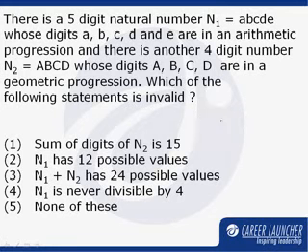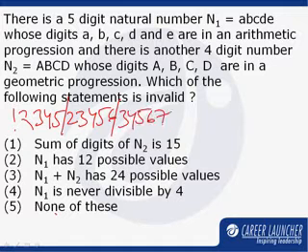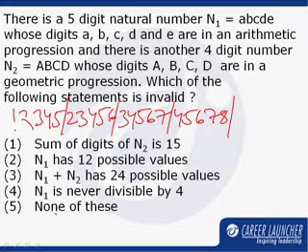In this question, let us try to see the possible values of n1. Let us try with the simplest number, a common difference of 1, which is nothing but 1, 2, 3, 4, 5. Similarly, we can have 2, 3, 4, 5, 6. We can have 3, 4, 5, 6, 7, 4, 5, 6, 7, 8, and we can also have 5, 6, 7, 8, 9.